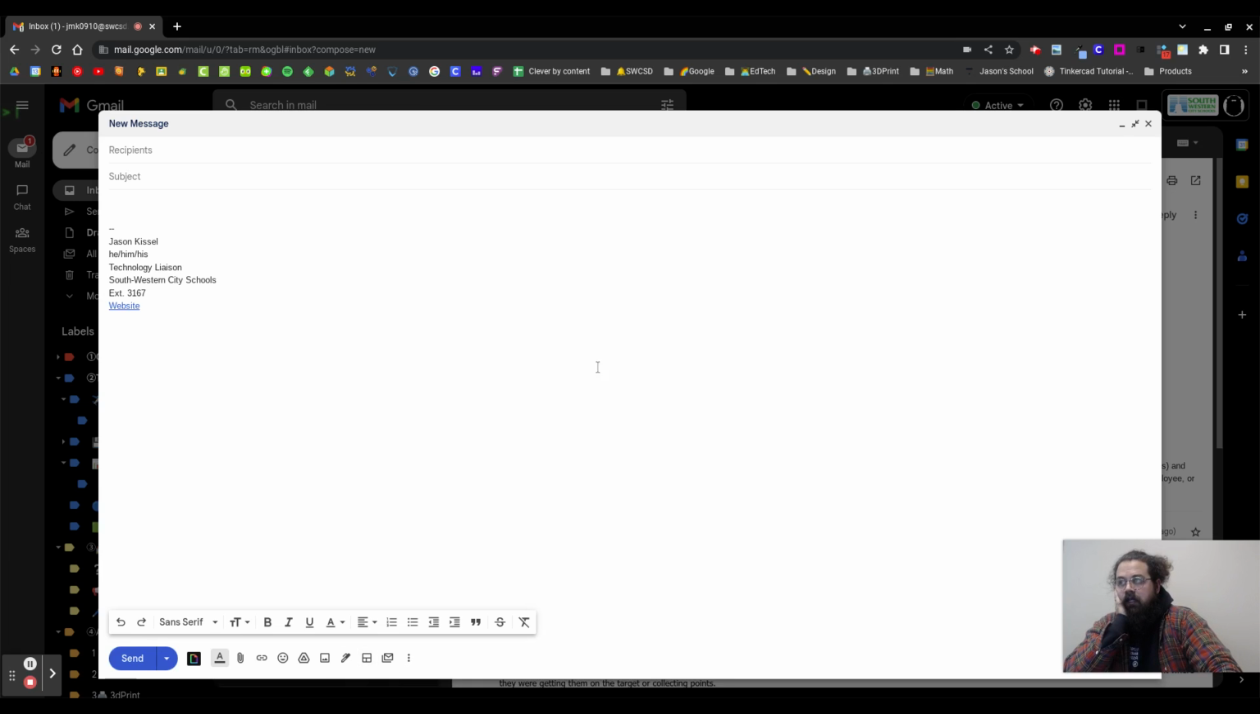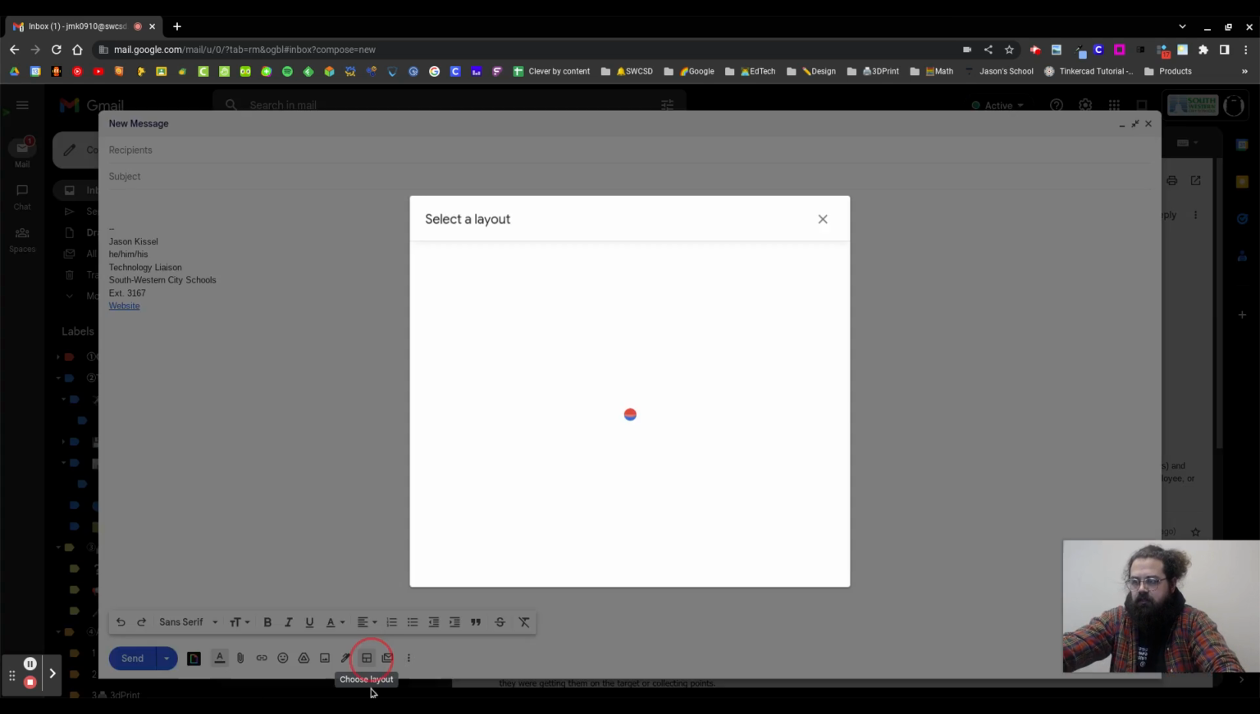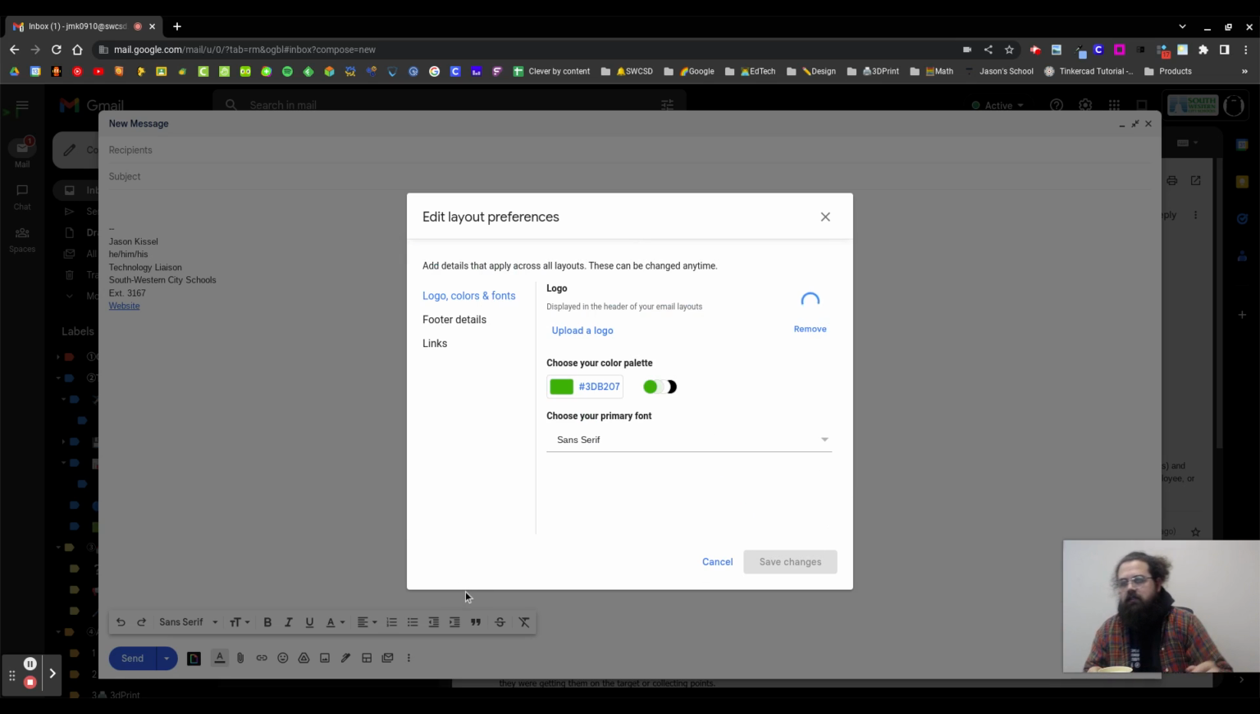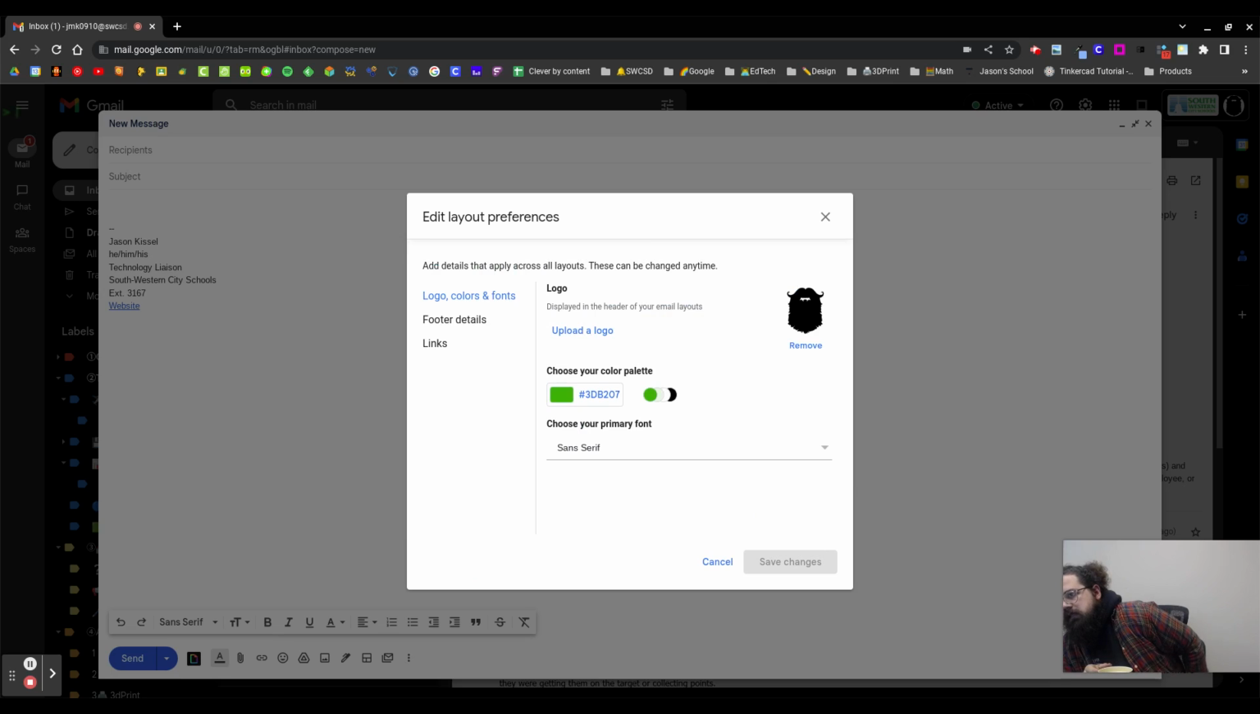So, in my email, I compose a message, excuse me, and I'm going to go down here to this little option that says choose layout. And you already see that I've already customized some things. So let's go to default styling, which is the next thing you're going to do when you first click on this. You can put a logo at the top. So that's the same logo I use for